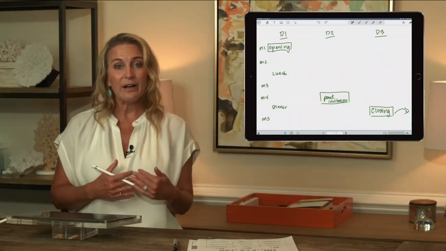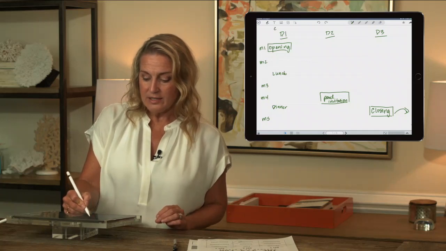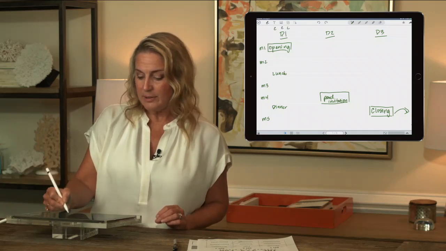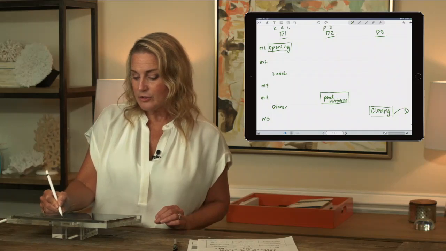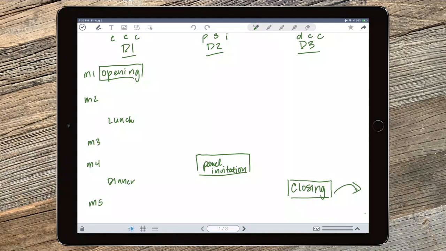So that is where that pain piece comes in. If you think about this, this is content, connection, community. This is pain, solution, invitation. And this is decision, commitment, celebration. That's that 3x3 PAG that we taught you.